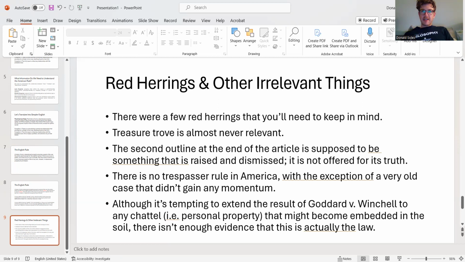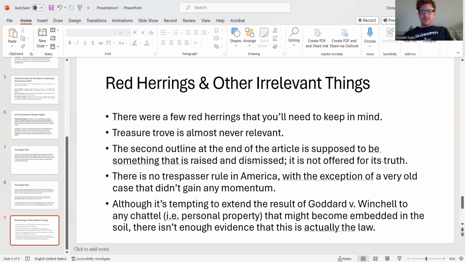They seem to say that the meteorite's his because it's more like accretion. So I'm sympathetic to that distinction. It's very subtle, and you might be frustrated by that just as I am. But Paulus at least rejects the idea that something could become the owner of the locus in quo just by becoming embedded in the soil, right? So he's skeptical about that conclusion. Now, it might very well be the case that a court would in the future rule on that basis, but there's not very much support for that idea in the law.